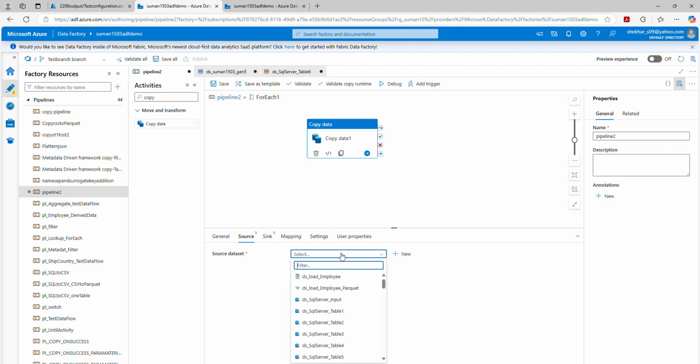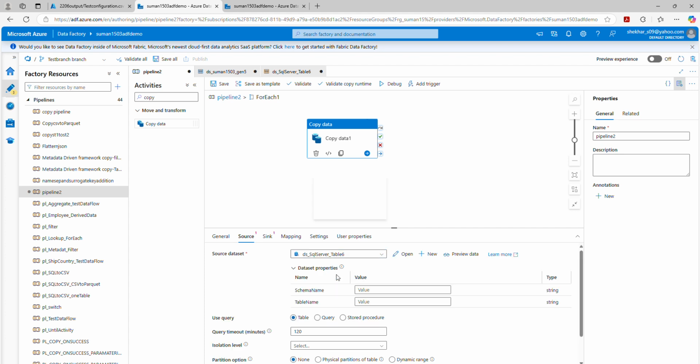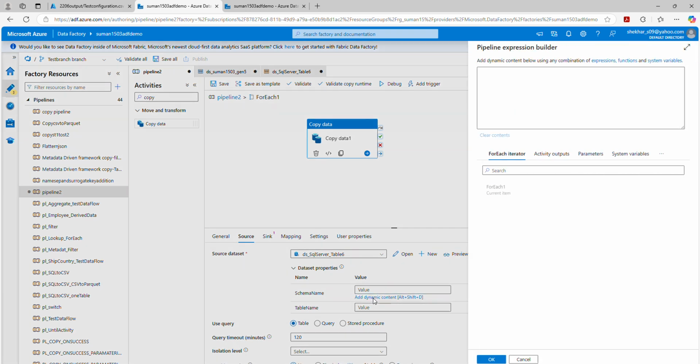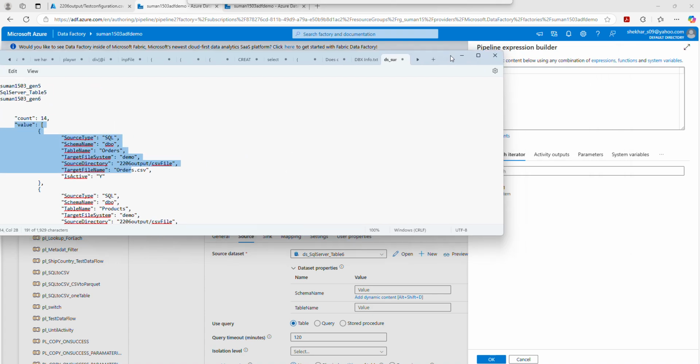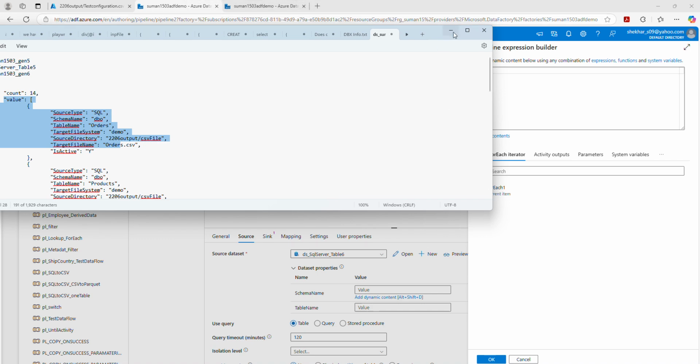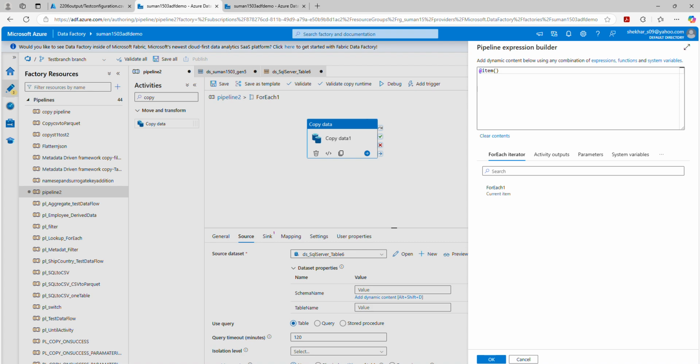Yeah. So we can now give a source and table name. So how can we give this schema name and table name here? Let's see this. We'll click here. We'll come here and see it is saying the for each is returning current item, right? If we see the for each output, what it is returning is this value, right? So what we are going to do here is select this current item first of all,